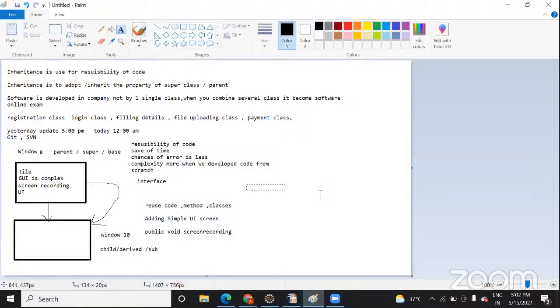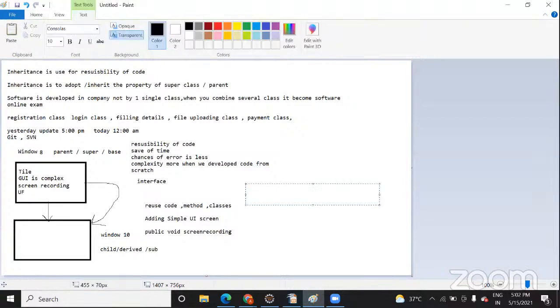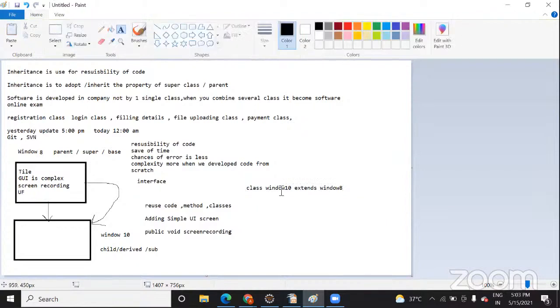What is the syntax when you want to write class Window 10 extends Window 8? This extend keyword is used to inherit the property. It is something like class children extends father.